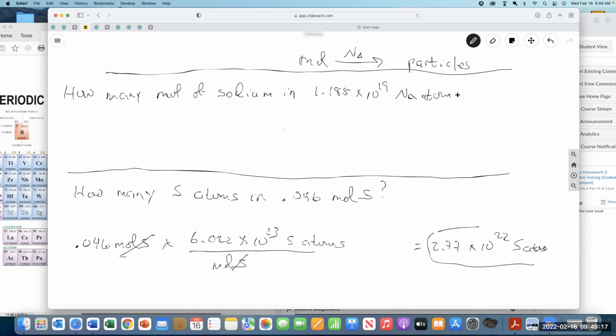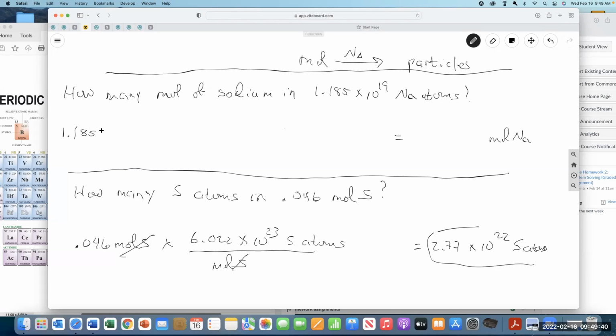Oops. All right. So in this case, we want the unit to be moles of sodium. All right. So always, always, always write down the units of your answer. Very important, right? So then I'm going to start with